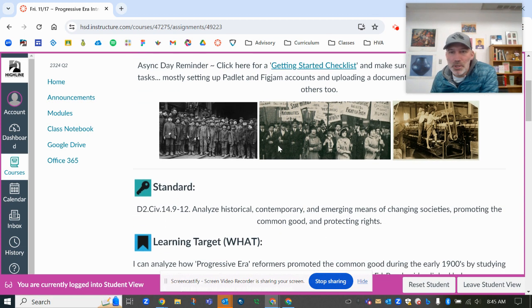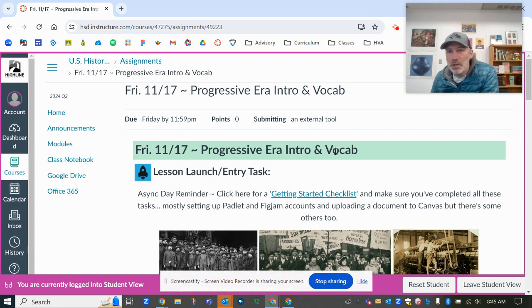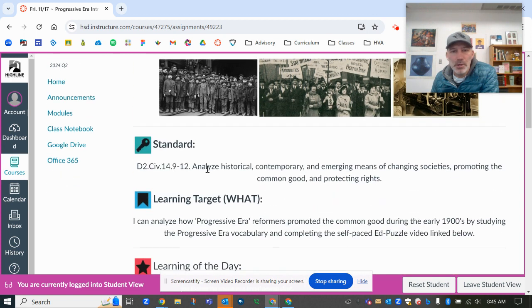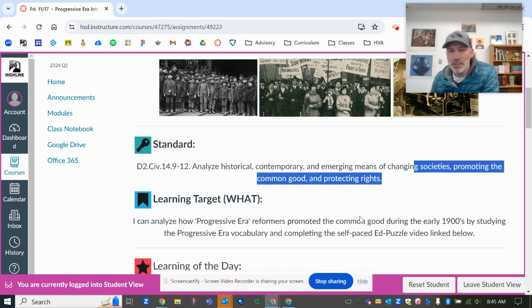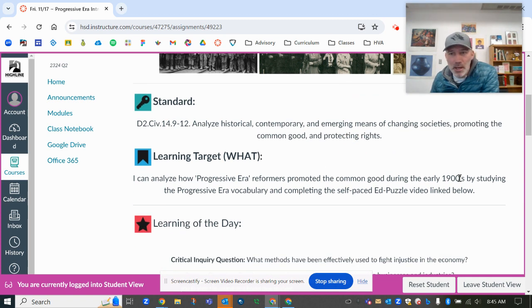Okay, here's some pictures of the Progressive Era. Today's lesson is a Progressive Era introduction and vocab. Here's the standard. It's a really cool standard. It's a new one for this class. Analyze emerging means of changing society, promoting the common good and protecting rights. So essentially, the state of Washington, by adopting this standard, has decided that you should be able to learn in your history classes how to stand up for the common good, change society, and protect people's rights, which I think is pretty awesome. So that's why we're starting off with the Progressive Era,